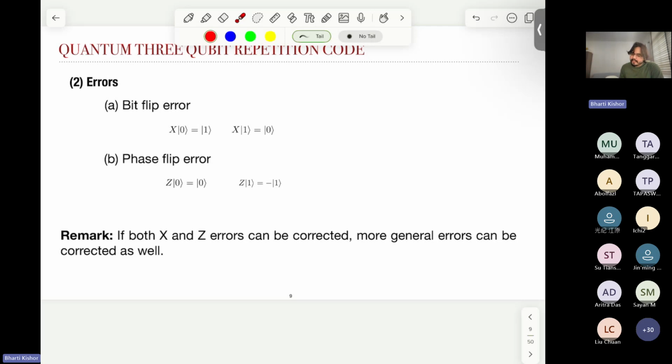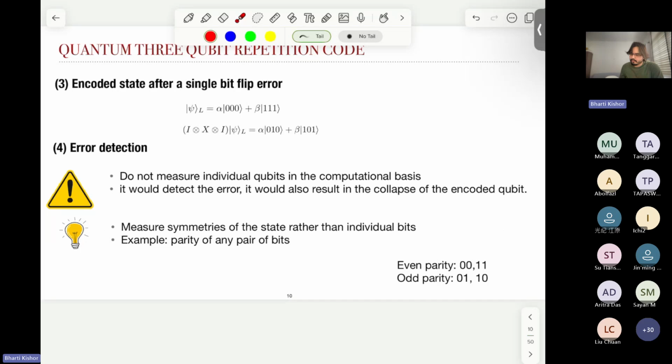Now, if both X and Z errors can be corrected, then more general errors can be corrected as well. So the goal is, let's just focus on X error and Z error, and then you should be able to protect against arbitrary errors. Okay, so basically,